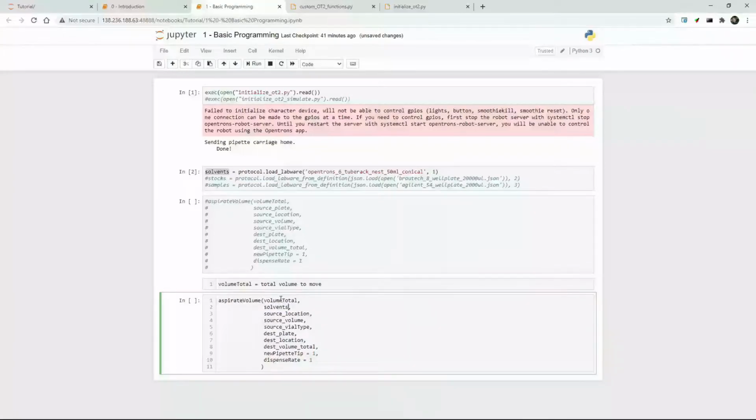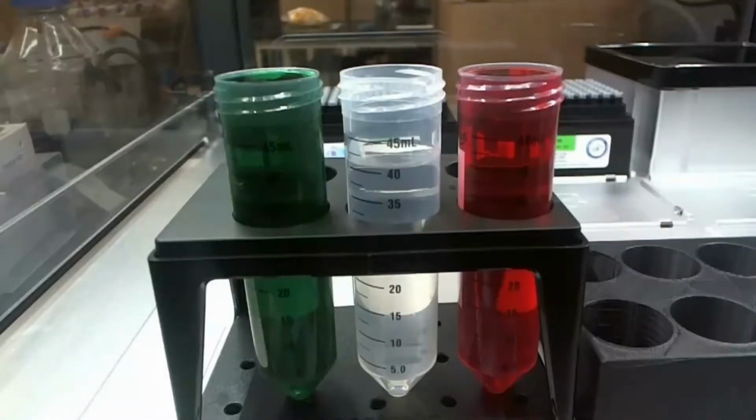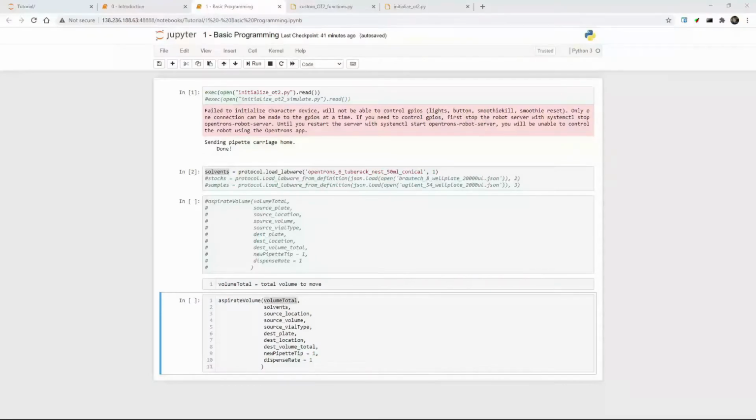Okay, and so let's actually start with the green on the left. So there's 40 milliliters in this middle vial, this middle tube here, right? So when we want to get it to 50 milliliters, we're just going to go 10 milliliters: 5 milliliters of the green, 5 milliliters of the red. And so if we switch back over,